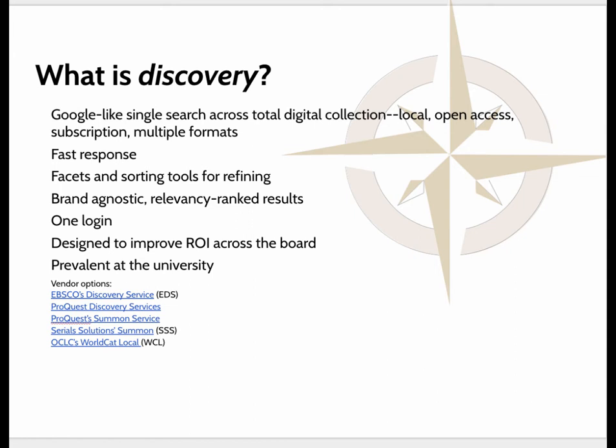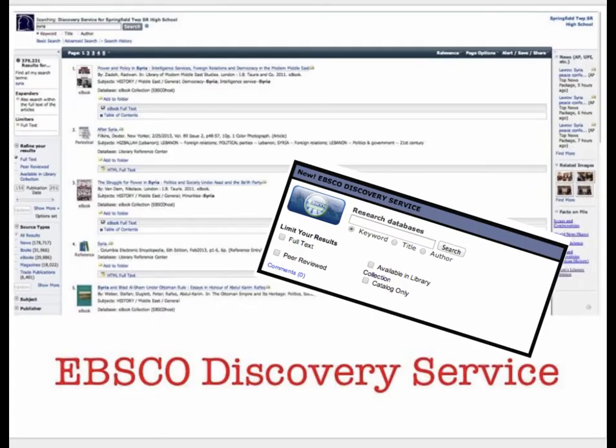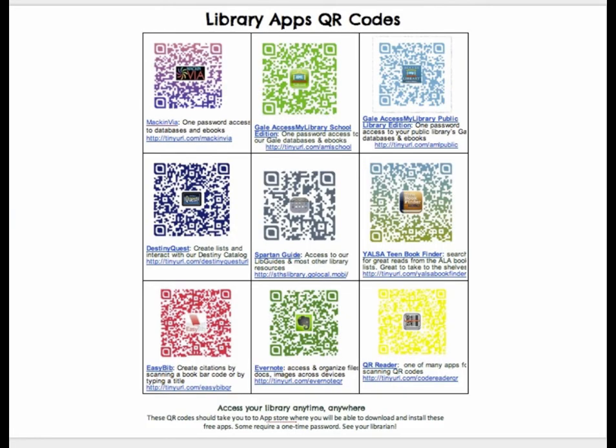So you may be thinking, if you have a good budget and you're at a secondary level, look into discovery to make sure that your resources get used as much as they can. Of course, discovery works best when users know how to use the after-search filters once they do their initial search. You could make important apps as part of your collection, those things that you point to, accessible through tools like QR codes, bookmarks, etc.